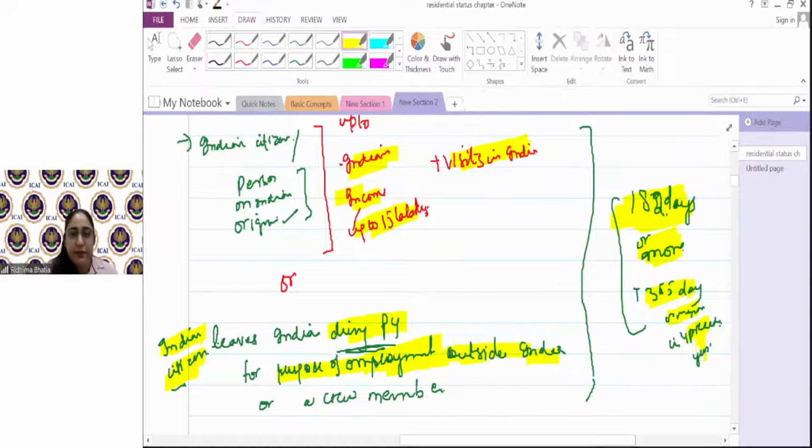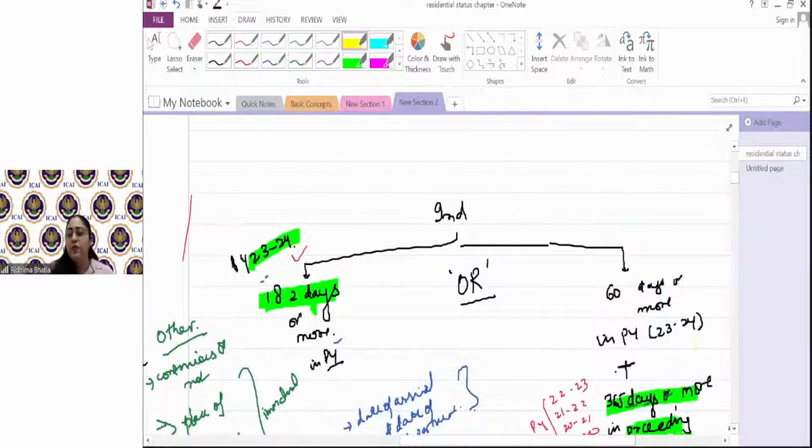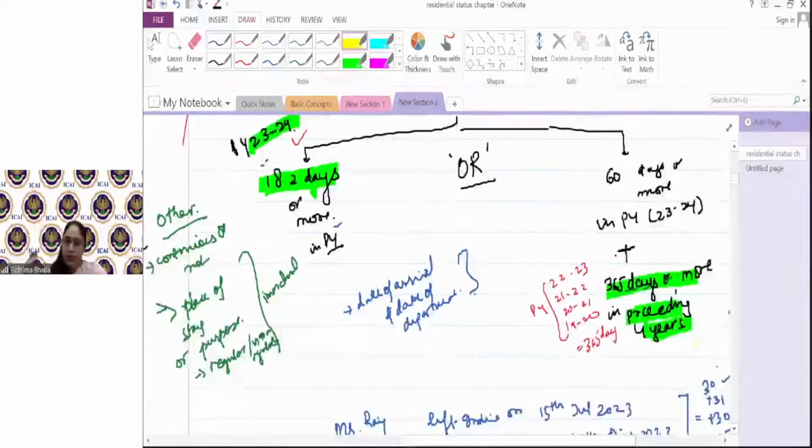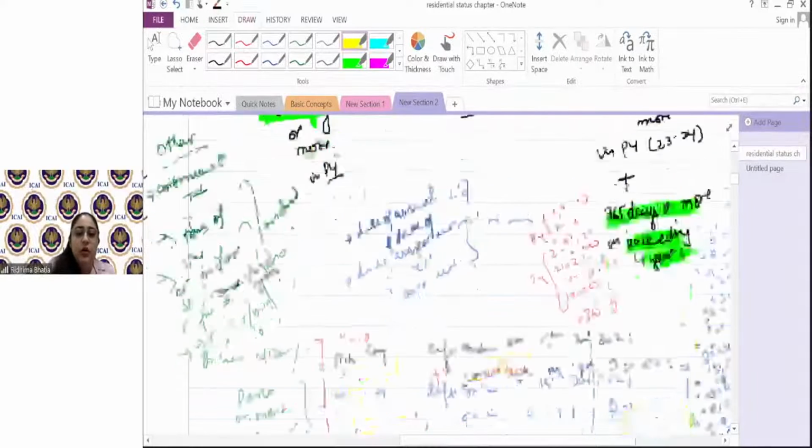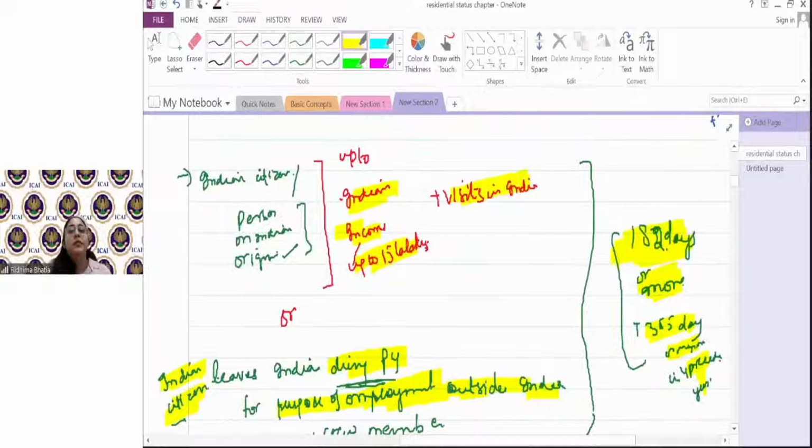So let's start it again. First is individual is said to be a resident or not if he is in India for 182 days or more in the previous year, or at least 60 days in the previous year, and 365 days in the 4 preceding years. यहाँ तक तो we were all clear. But now they are covered up with some exceptions. Exception number one is